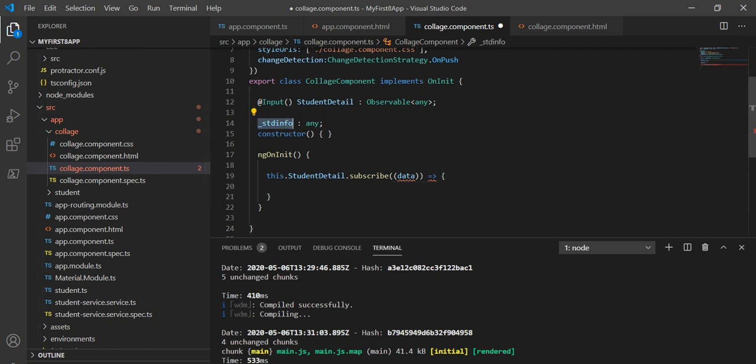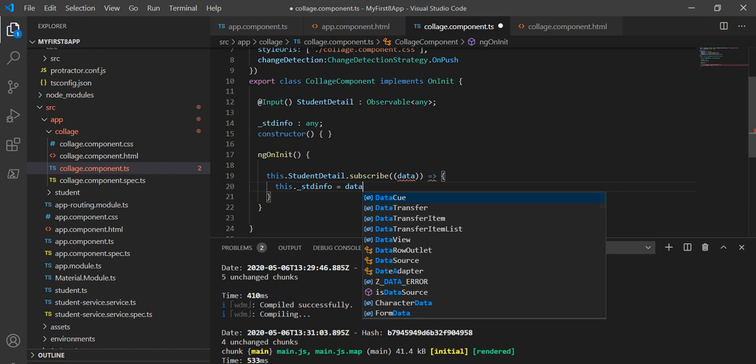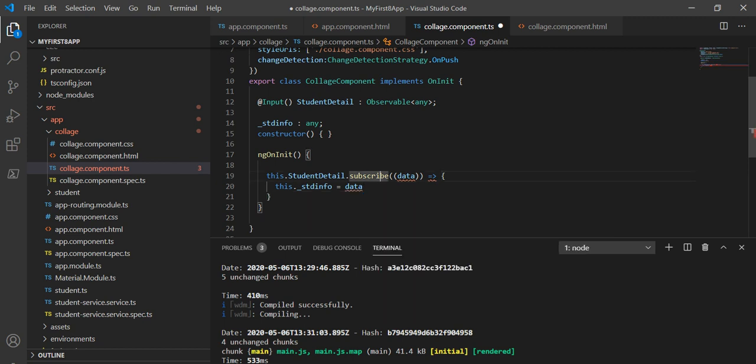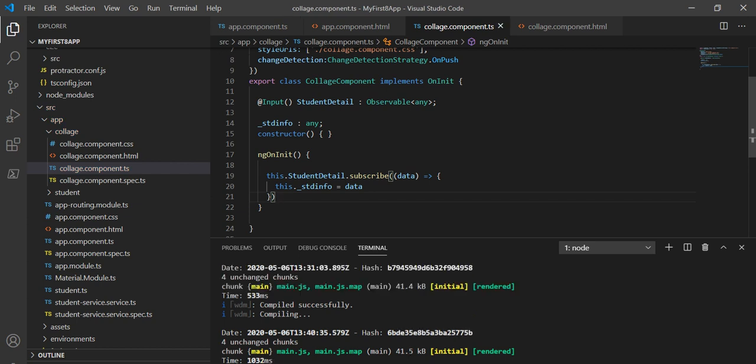So let's assign that value, this.info equal to data. Now basically, as of now, we have assigned this information inside the data. So let's close it and give the bracket here. So now we have subscribed to this student information and we are assigning that data inside this student info.